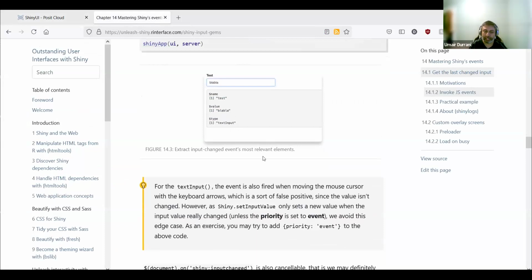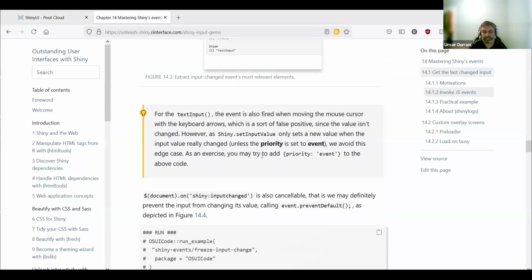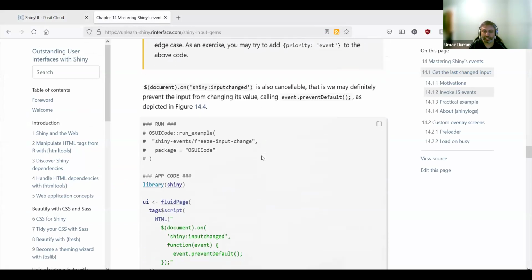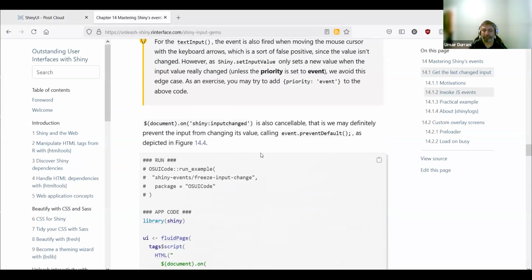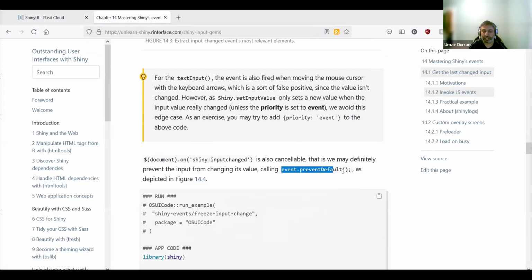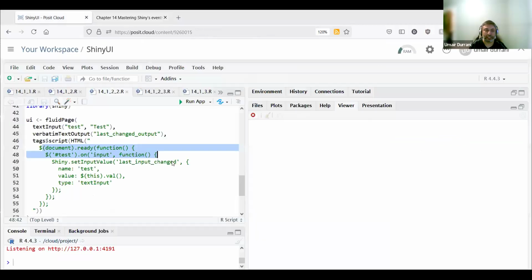And I think since the update in the Shiny package, something is different, as Angel mentioned, and that's why we didn't get the exact same result. And here is another event, which is the prevent default event, and that would essentially cancel the input. So it says here that shiny:inputchanged is also cancelable. That is, we may definitely prevent the input from changing its value. So if we take a look at this example,